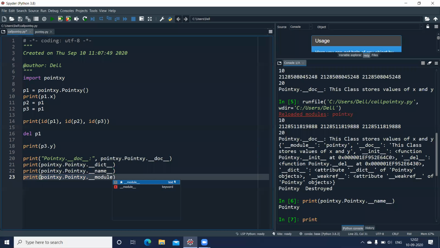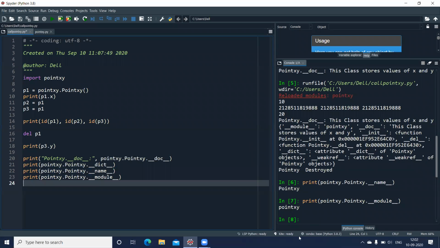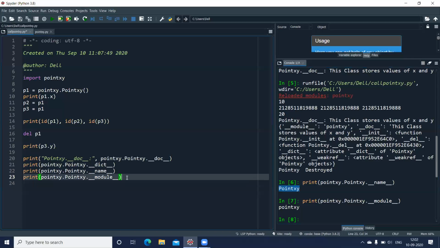The name of the module where your class is defined is again Point.xy. I run this line. Here you can see Point.xy. Now this module is nothing but your Python file. It has the extension .py. There's a difference between the name which I have given for my class, where we have P as capital, and this is the module. The name of my module is Point.xy, but with a small case p.